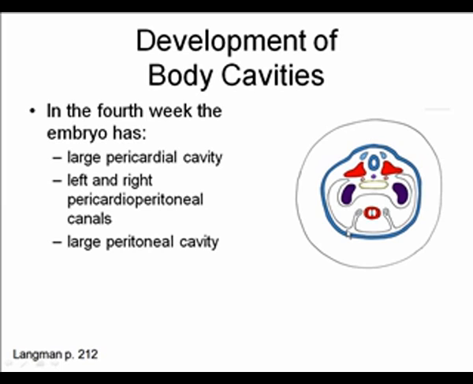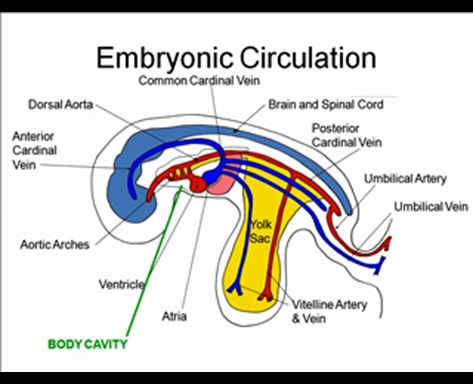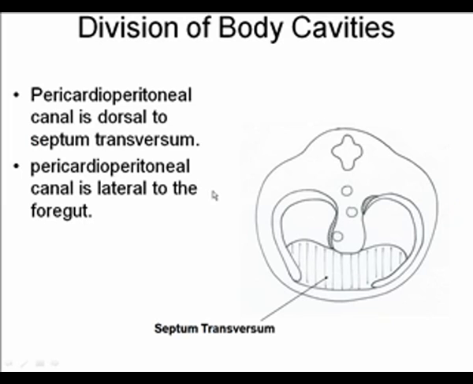So initially we're going to have a large pericardial cavity, a large peritoneal cavity, and what are called the left and right pericardio-peritoneal canals. They will then connect the pericardial cavity to the peritoneal cavity. If we look at the heart, we can see that it is surrounded by the pericardial cavity. Caudal to the heart, you have this developing tissue that's going to be the septum transversum. So the septum transversum is going to be found just inferior to the heart,